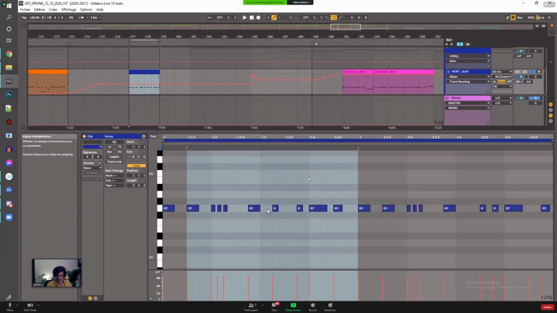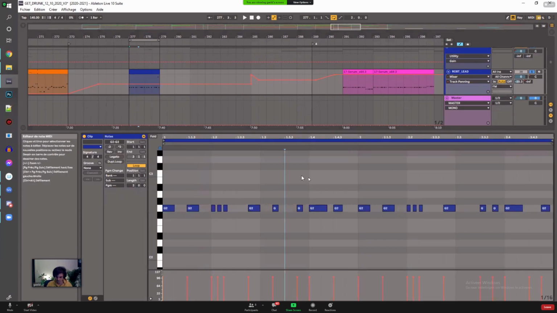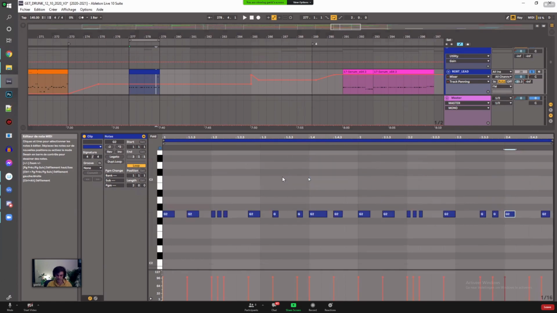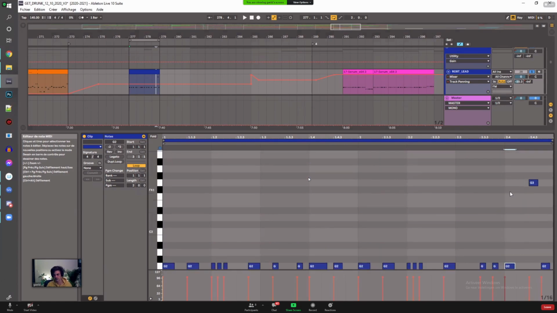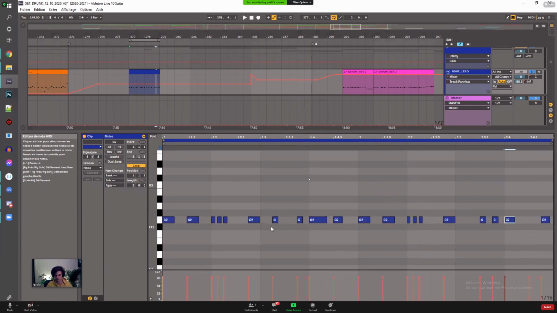So that's basically what I did here. In the end here, I just displace it. So that's this little split 3/16ths apart, and it gives some bounce to the overall groove.